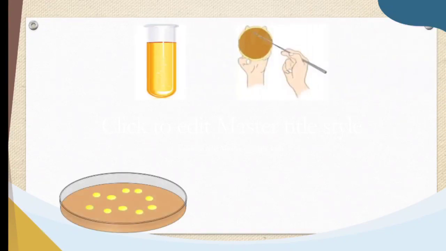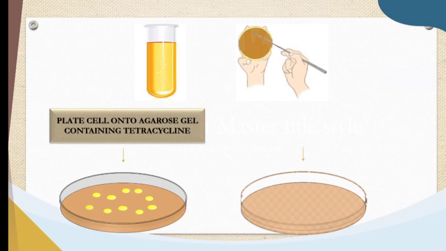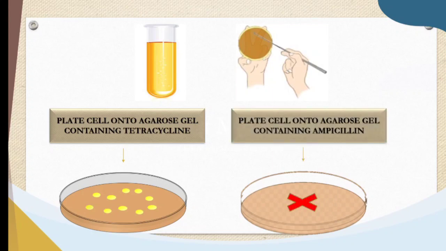In order to separate the ones that did take up the plasmids from the ones that did not, we have to culture them with antibiotics. Why? Well, remember, the plasmid can give special advantages such as antibiotic resistance. The plasmids we use had resistance to the antibiotics ampicillin and tetracycline. Only the bacteria that took up the plasmid containing the tetracycline resistance gene and the clotting factor 7 gene could survive on agarose gel containing tetracycline and die on agarose gel containing ampicillin, as you can see in this image.